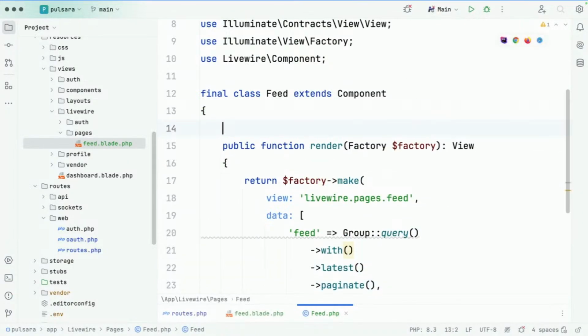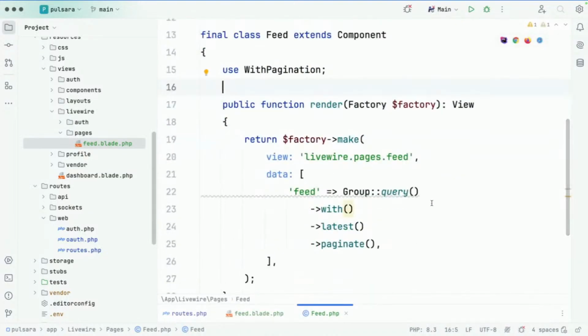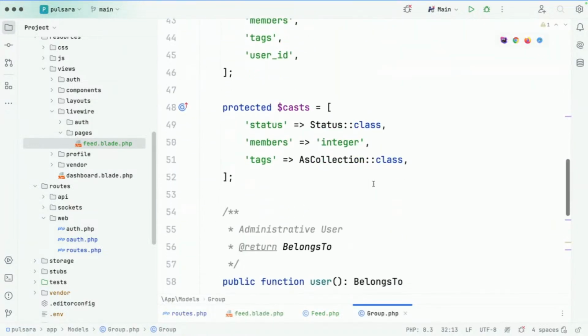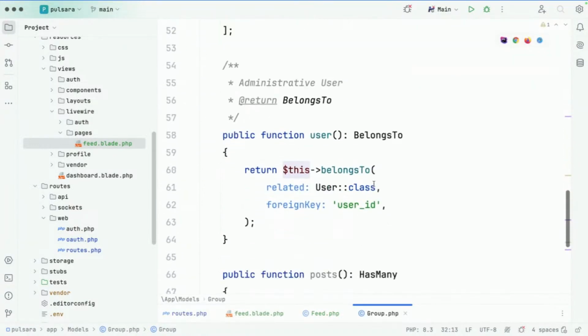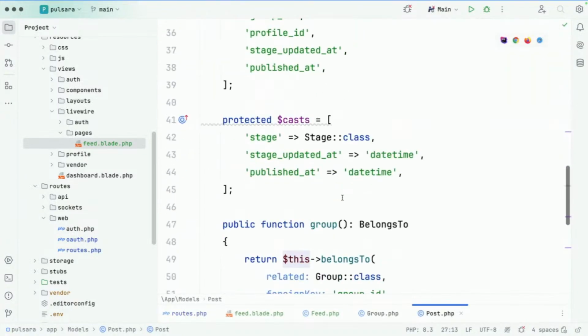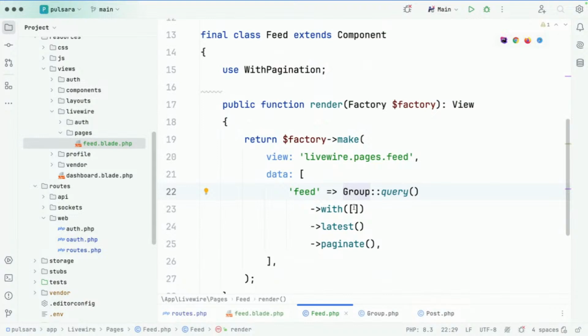So we can tell our full page component to use with pagination. And the relationships that we want to pull from a group are going to be posts and profile. Post, profile, and user. So with posts, profile,